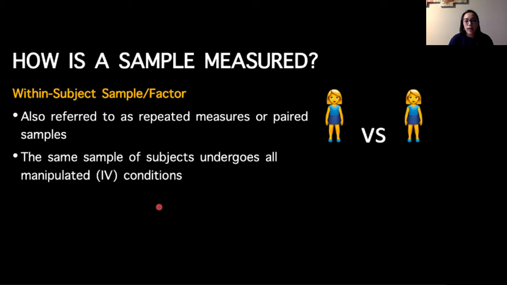When we look at how a sample is measured, at least for this class, most of the statistical tests we run will have independent variables that are categorical in nature, which we'll touch on when we get to the types of data. But when we have all of the same subjects undergoing all of the same manipulations, so let's say